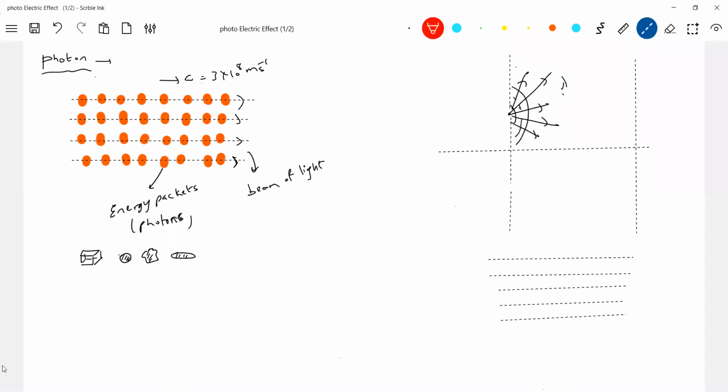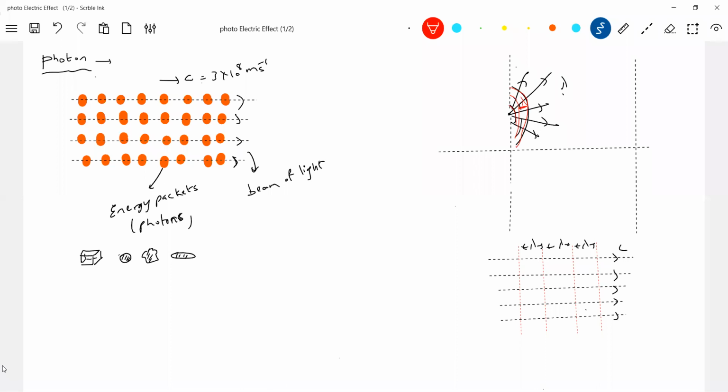So what are these dotted red lines? I'll call them the wavefront here, and the light is propagating in this direction, and this is the lambda. This is a plane wavefront. This will be a spherical wavefront, which will come like this, and the distance between them will be the lambda, as we discussed earlier.